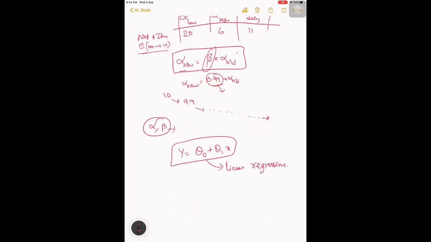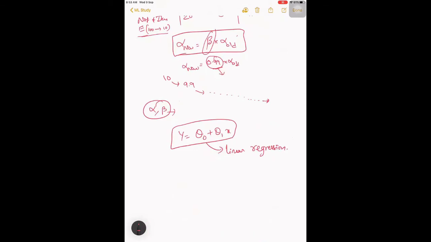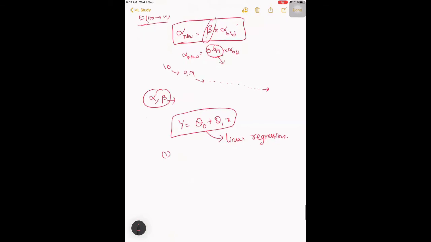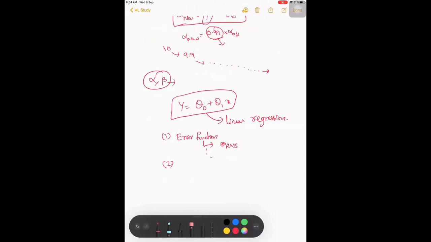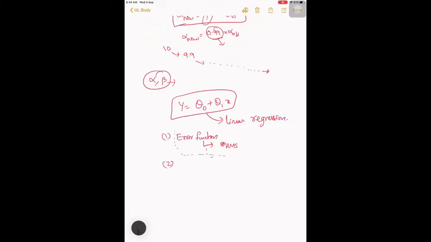If you see, for this or for any algorithm, one of the important things is the error function. You have to define your error function. In this case, we have made it the RMS value. There are many other options, let's discuss them at a later point. This is number 1. And one more thing, before even approaching this problem, this is number 2. Let me keep it number 2.